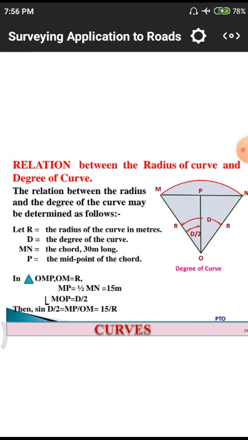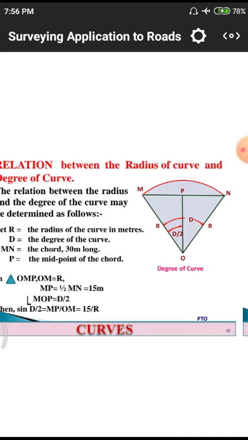In those three curves, we discussed the simple curve procedure, how the simple curve is designed, and what the notations are in that simple curve. After the simple curve, we discussed the radius of curve and degree of curve. Normally radius is the distance from the center point O to the point of contact. In the diagram we have M and N, which are the edges of an arc of a circle.